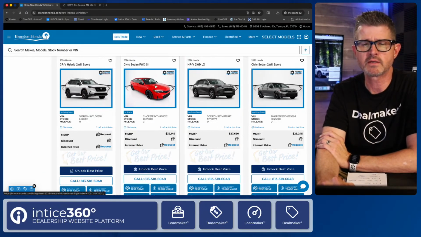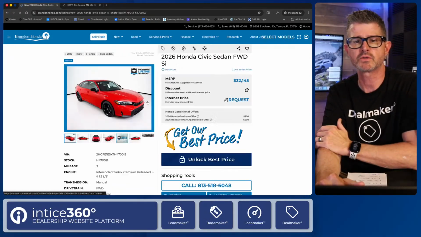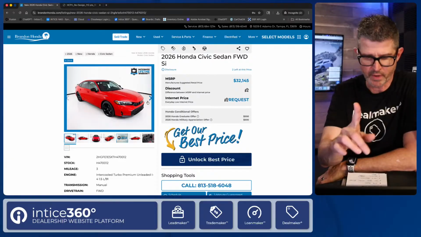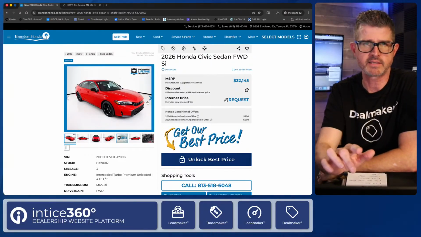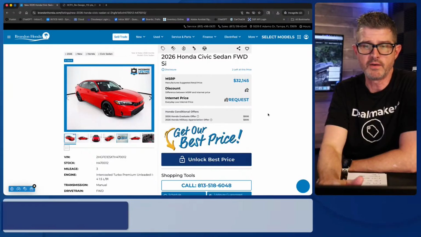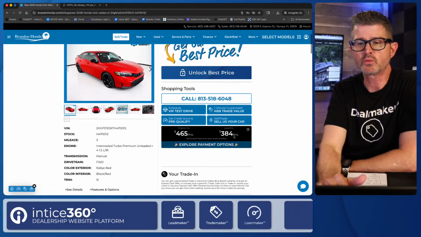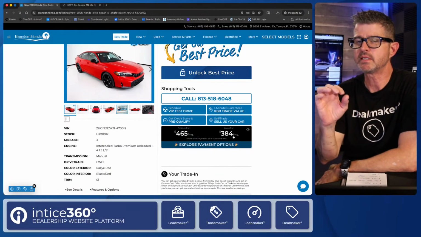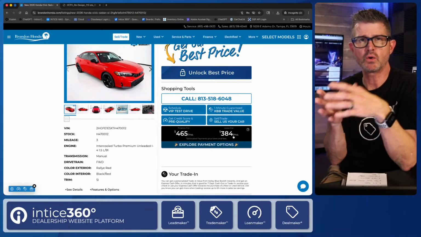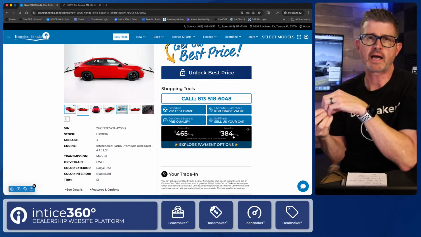Now I'm going to go ahead and, so that's another new feature that we've added to the intice360 website solution. But what I wanted to show you here is our live incentives. So this is another feature that we've recently added. Now with our digital retailing technology, we've always had the availability to decode an individual vehicle with all of the active live incentives,